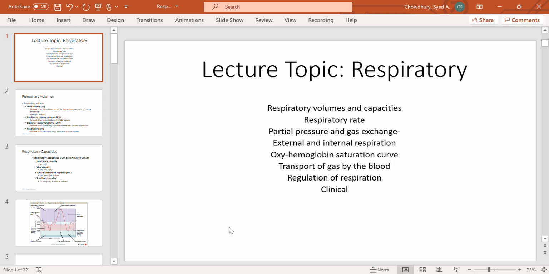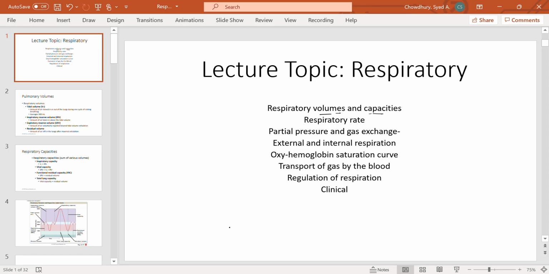Hello everybody. In this part of the respiratory system, I'll talk about the respiratory volumes and capacities. We measure the respiratory volumes and capacities to do the lung function test. That means if someone's lung is healthy or not. So if the volumes and capacities are within the normal ranges, then we'll say that the person's lung function is